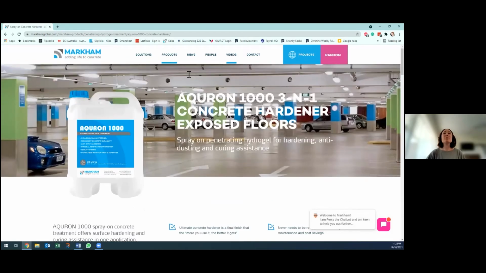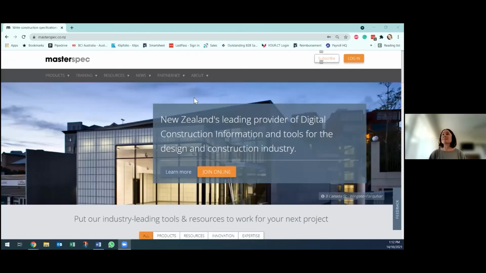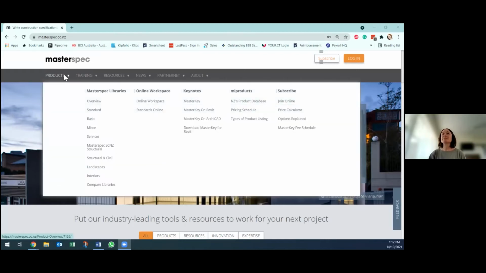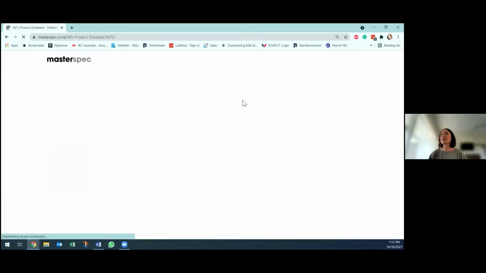Where else we need to go? I'll show you our master spec platform that we utilize in New Zealand a lot. We're also available on there. Now, obviously my side of things looks different from if you're a user, but I'm just coming in as a guest at this point. And so once again, if you know what product you're looking for, you can click on products here and go NZ product database, and under my products,